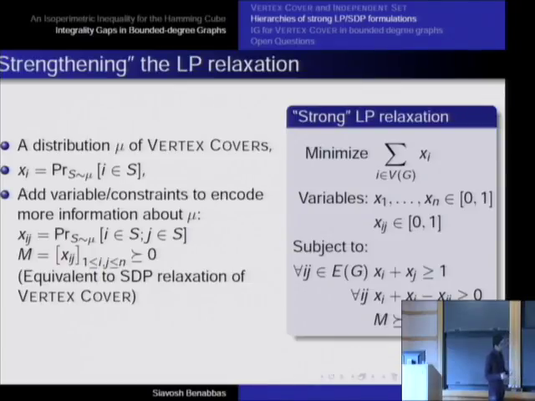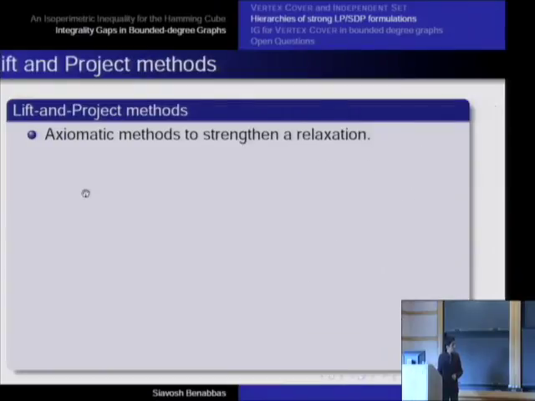So 2 levels is actually not very good. In fact, any value you assign to xij's between 0 and 1, at least on the edges, you would be all right, because this is already weaker. But you can add more variables, and so